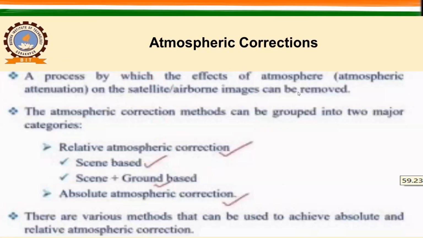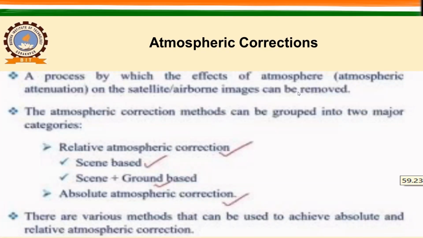So atmospheric correction is a process by which the effects of the atmosphere on satellite or airborne images can be removed. The atmospheric correction methods can be grouped into two major categories: relative atmospheric correction, which has further subcategories like scene based or scene plus ground based, and then absolute atmospheric correction, right? So in relative atmospheric correction, what do we do there? We use some fundamentals and